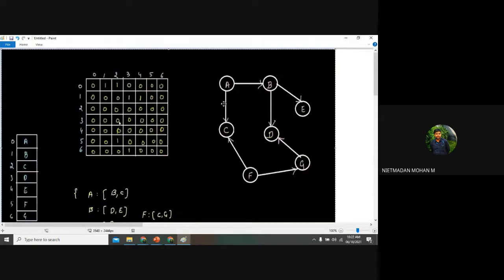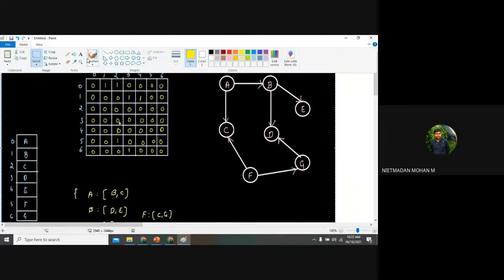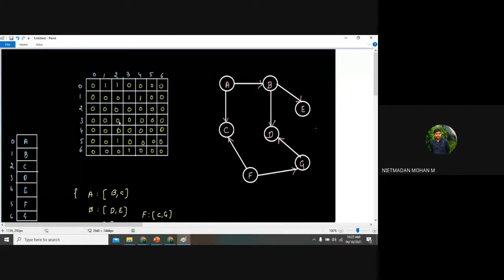What does this graph mean? A directed graph. Now I want to insert a node called F. Normally, how many vertices are there in this directed graph? 7. When I insert this F vertex, it will become 8, right? So we are going to create an 8 into 8 matrix. Am I right? Correct, an 8 into 8 matrix I am going to create.